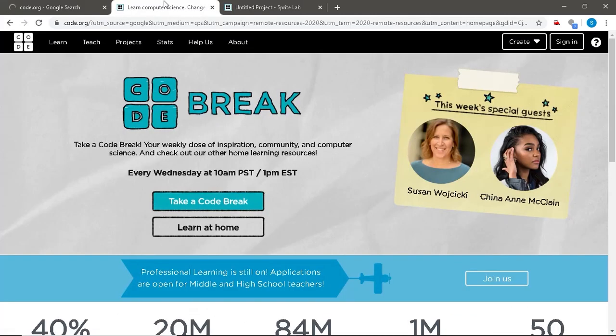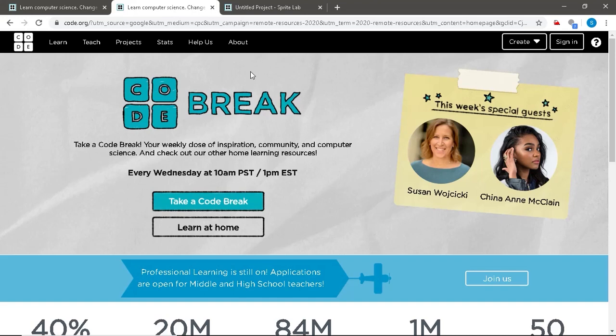basically it is a platform that encourages people, particularly students, to learn computer science through introducing the concept of coding. Coding here is taught through block-based visual programming. As you can see, this is the main page of the code.org website. Here, you can explore yourself and create different kinds of projects.